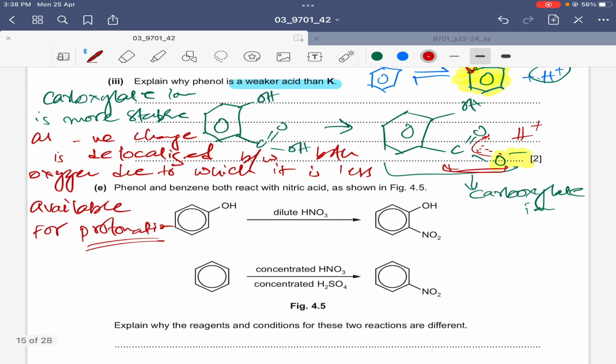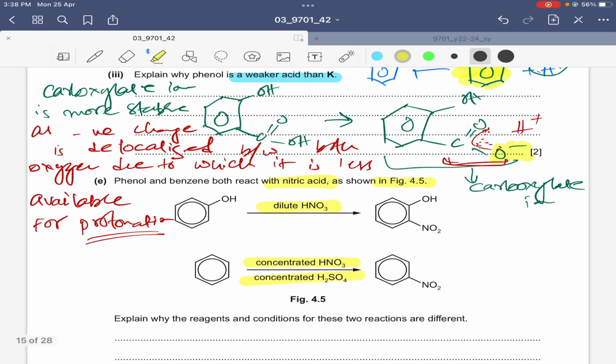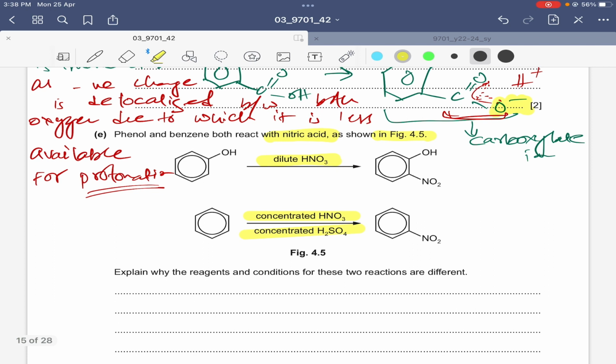Okay, and the last part of this question is that phenol and benzene both react with nitric acid as shown in figure 4.5. Now phenol reacts with dilute nitric acid for the nitration, but benzene reacts with concentrated nitric acid in the presence of a catalyst. Basically phenol is a derivative of benzene, but benzene requires more harsh conditions as compared to phenol. Phenol is reacting in the presence of dilute nitric acid, nitration is happening, but in case of benzene we need